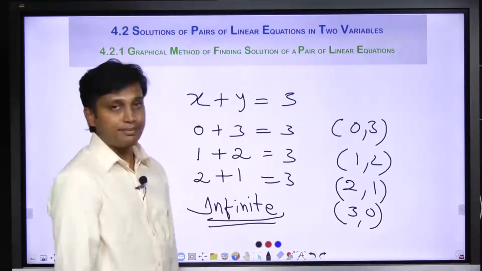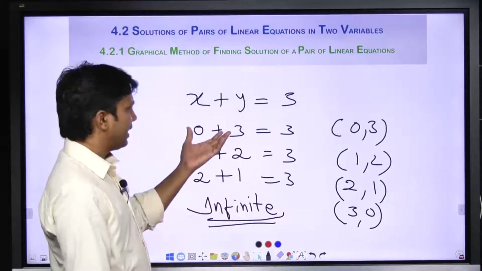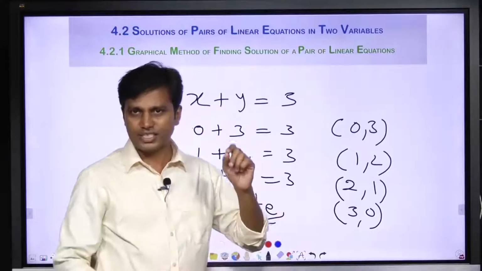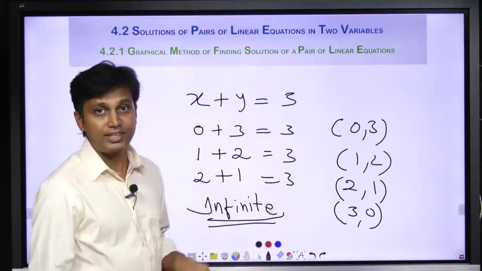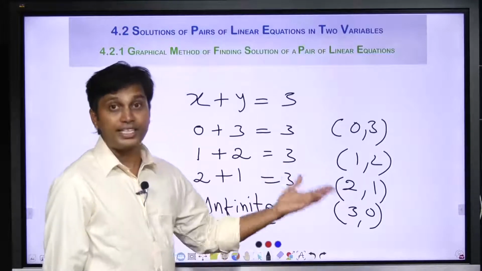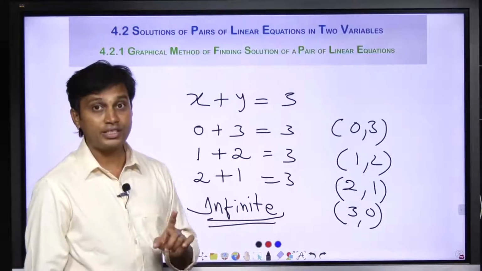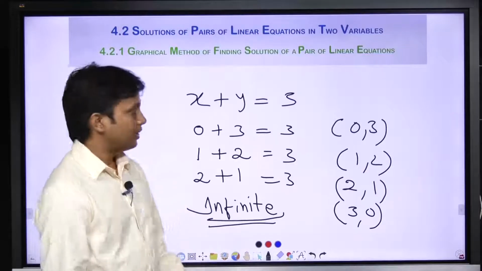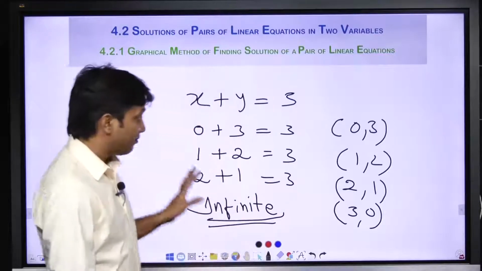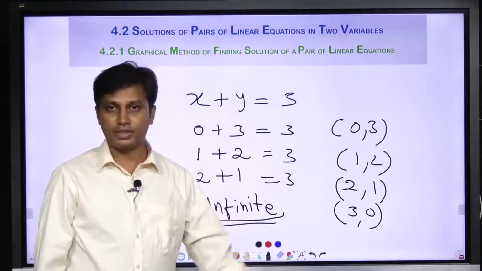Okay, it is very time consuming, but likewise, if you are going to substitute the values, this method is known as trial and error, because we are putting some value into the variable, means we are substituting some values into the variables and we are checking whether it is correct or not. So doing trial and error, we are getting that an infinite number of solutions will be there for a linear equation in two variables. How many equations? For one equation. Okay. So this is about the solution of a linear equation in two variables, right? So this is very basic level, ground level basics for solutions of linear equations in two variables, right?